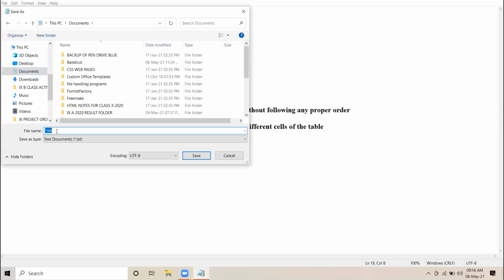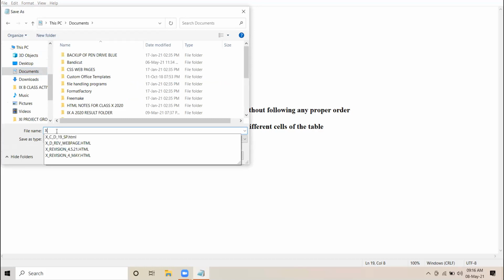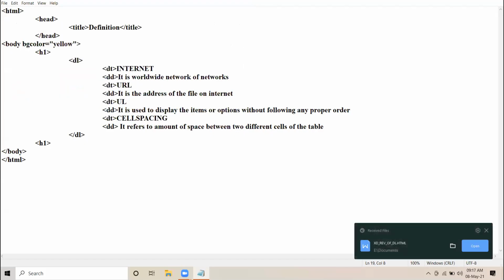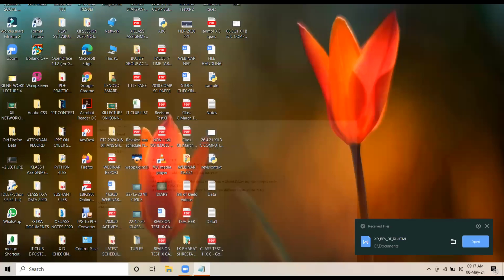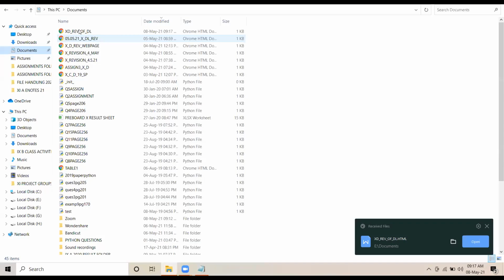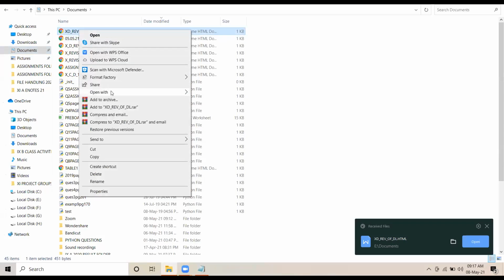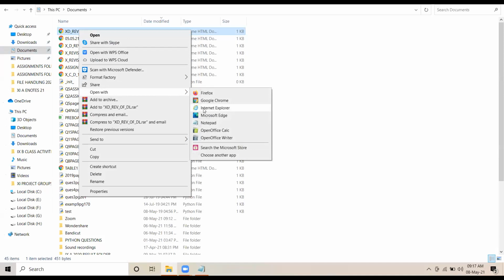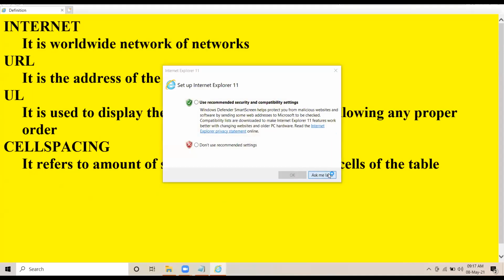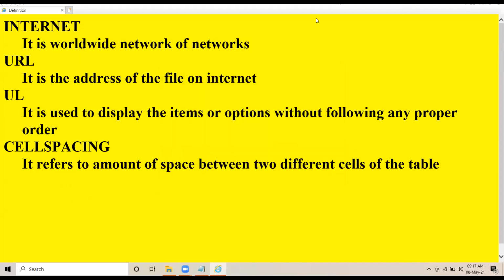I'm saving the web page 10th D revision of definition list.html. Right? So let us see the browser view of this. So I'm opening my web page in Internet Explorer. You can open in any other browser. See here.